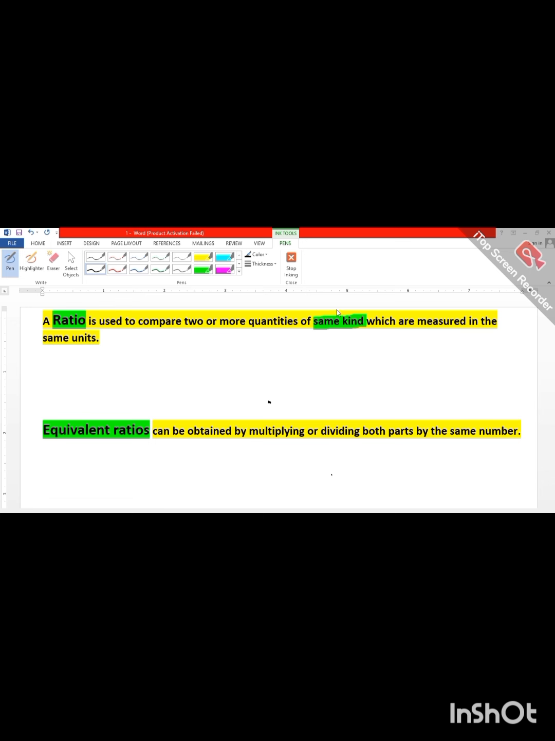Now the important thing is that of the same kind, means we always compare the same kind of quantities with the same kind of quantities. Means if one has the number of balls, the other one should also have balls. We can compare balls with balls. We will not compare balls with a bat. Suppose